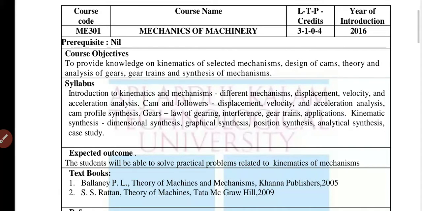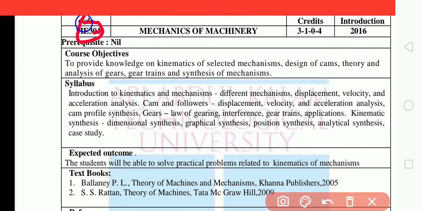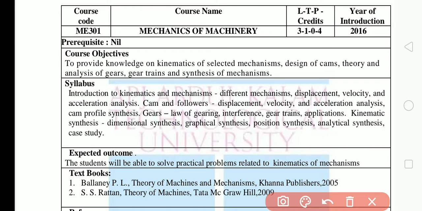So our course name is Mechanics of Machinery, and the course code is, here you can see the course code, it is ME301. To the left side you can see the course code, that is ME301, and to the right side again you can see here we have a